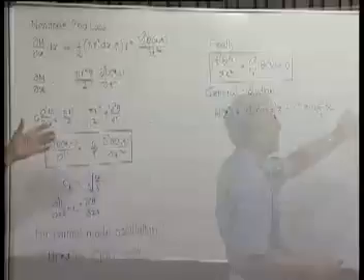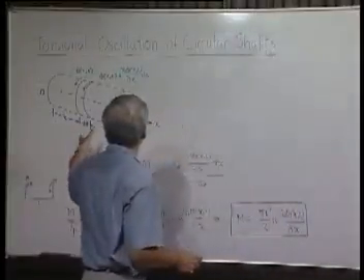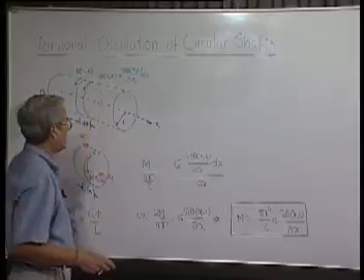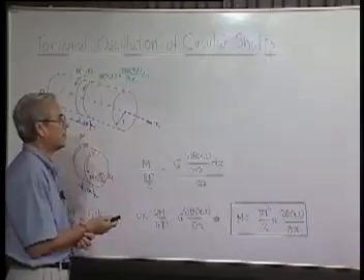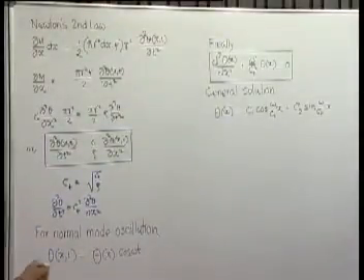So the solutions will be very similar. That means both ends free, one end free, one end fixed, or both ends fixed. We will get similar kinds of things. So, for example, here also we will find